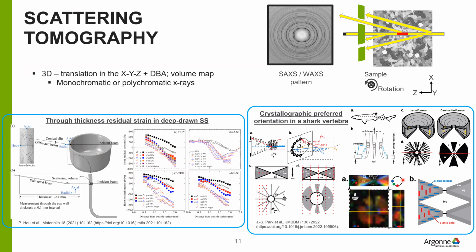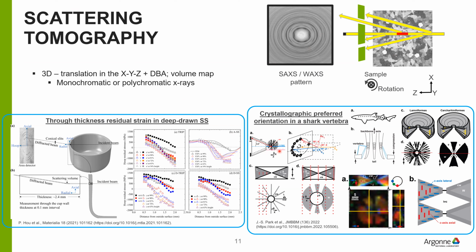Energy dispersive diffraction is a technique that's a little bit different than the technique that we'll be mentioning today. This technique uses a polychromatic X-ray beam, but essentially uses a similar idea as here, placing a diffracted beam aperture to isolate a particular volume. But now what you're sensitive to is not the angular change induced by strain, but you're looking at the energy changes and the conditions at different photon energies that satisfy